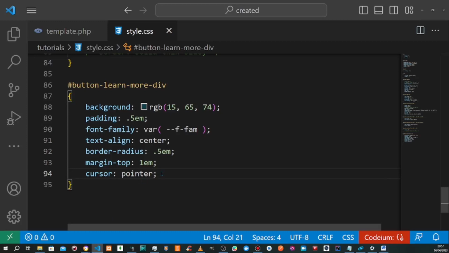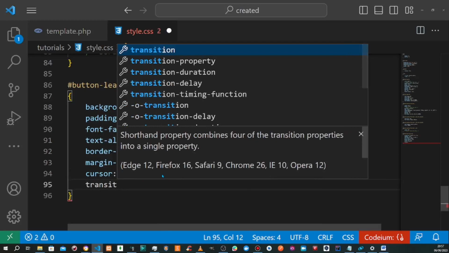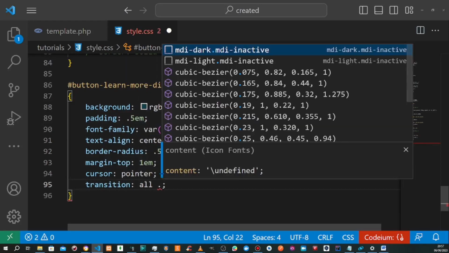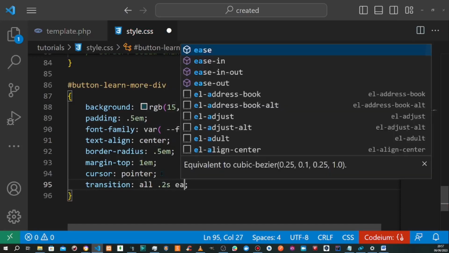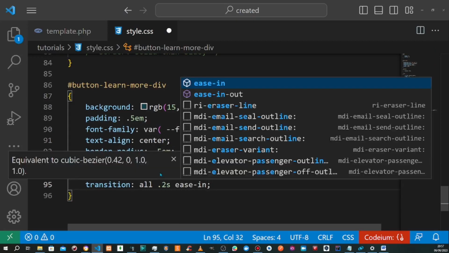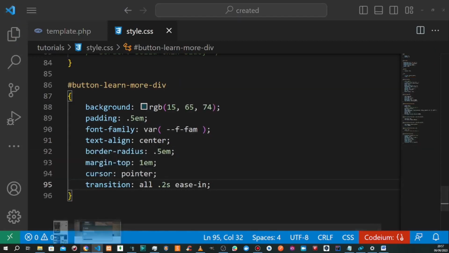You can proceed to make the button move, saying transition. You say all, maybe 2 seconds. You say easing. There is ease-out, I think. Yes, ease-out. Yes, yeah. So that's then